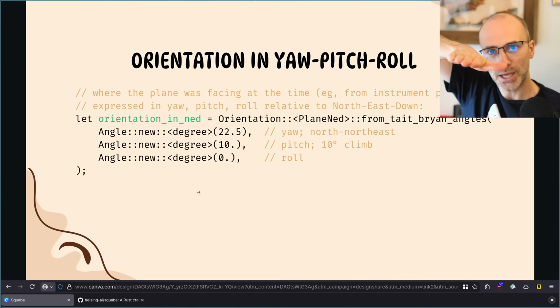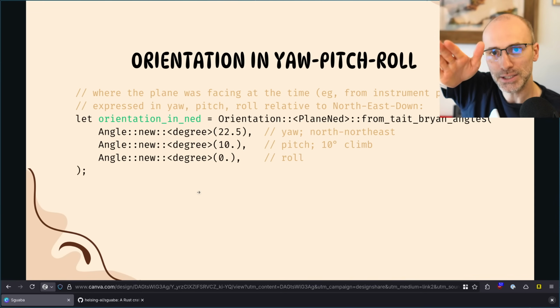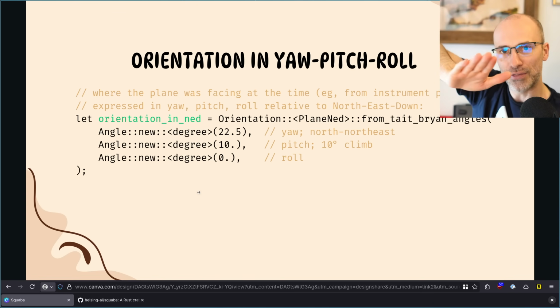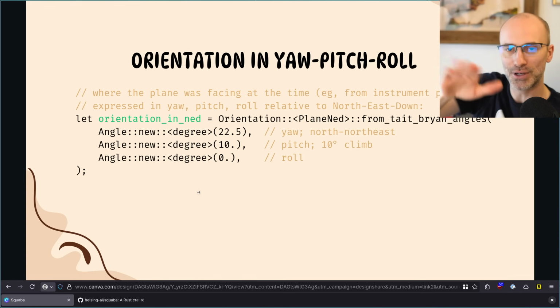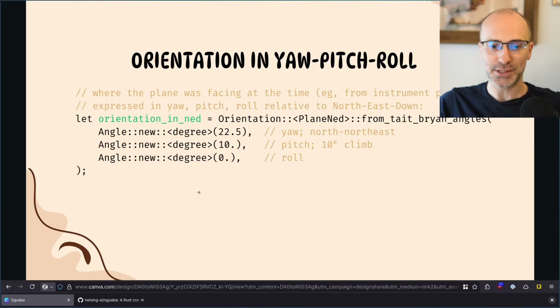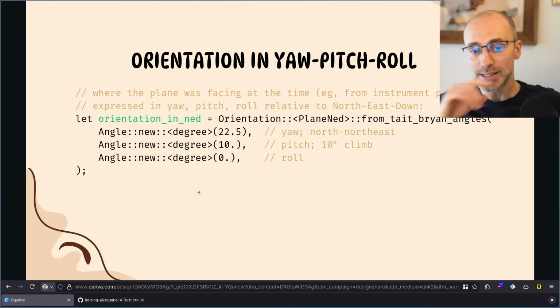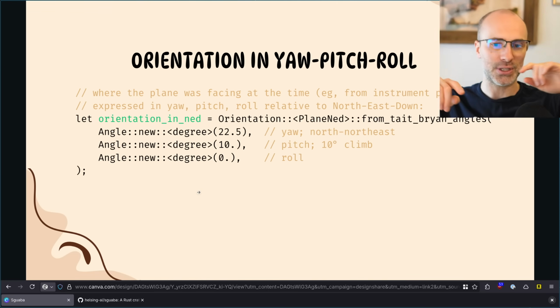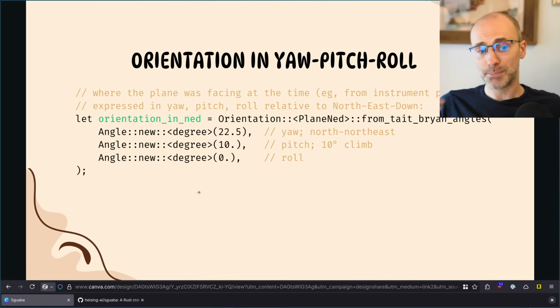So imagine the plane rolls and then you apply pitch. That's different from if you apply the pitch and then roll. So you end up with two different angles. And so it actually matters that it's first the yaw, then the pitch, then the roll. And that's the reason I put this in function calling syntax rather than as a builder, because as a builder, you'd be able to set them in arbitrary order. And if you could set the pitch before the yaw, you'd then be surprised to observe that the yaw took